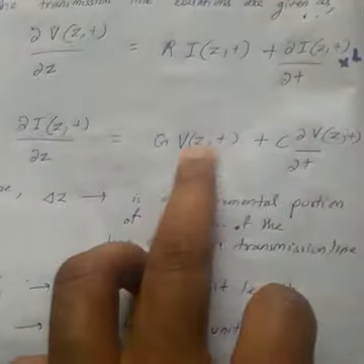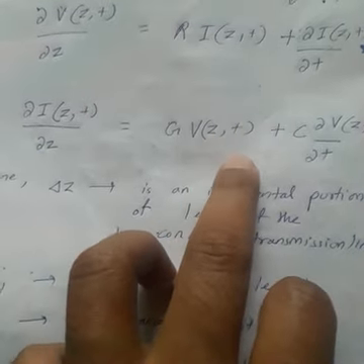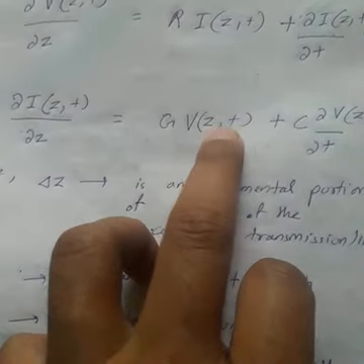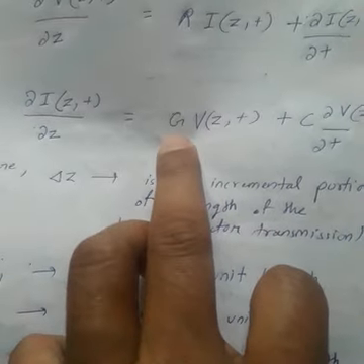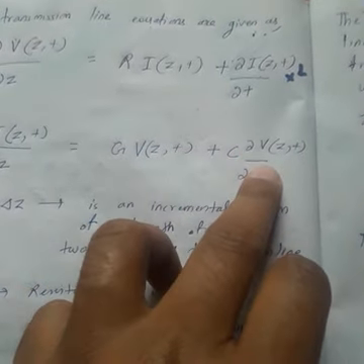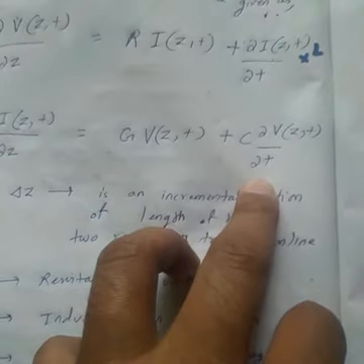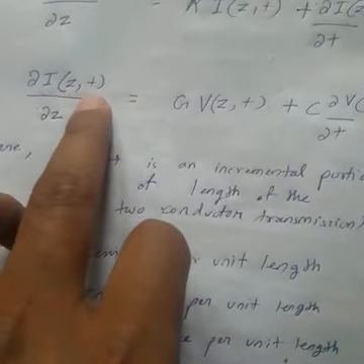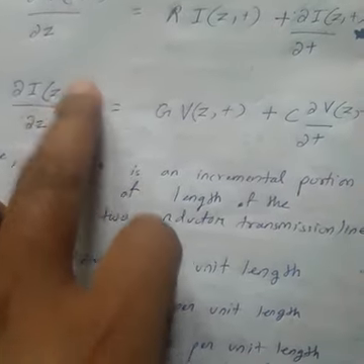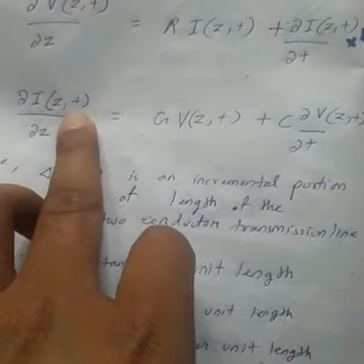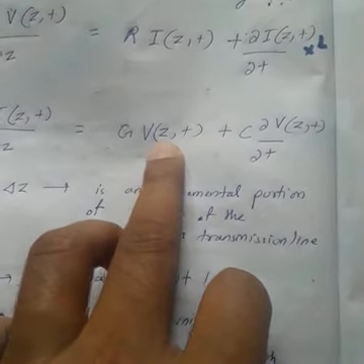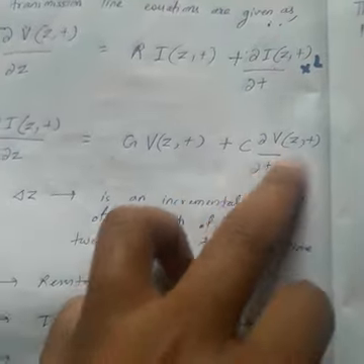Now if you recall, what is the formula for I? I equal to V by R, or V into 1 by R. And what is 1 by R? 1 by R is G. So the conductance current becomes V into G. Plus, what is the formula for current across a capacitor? I equal to C dV by dt. So the capacitor current becomes C dV z of t with respect to t. So the total current del I z of t, this is the partial derivative, is equal to the current across the conductance plus the current across the capacitance.